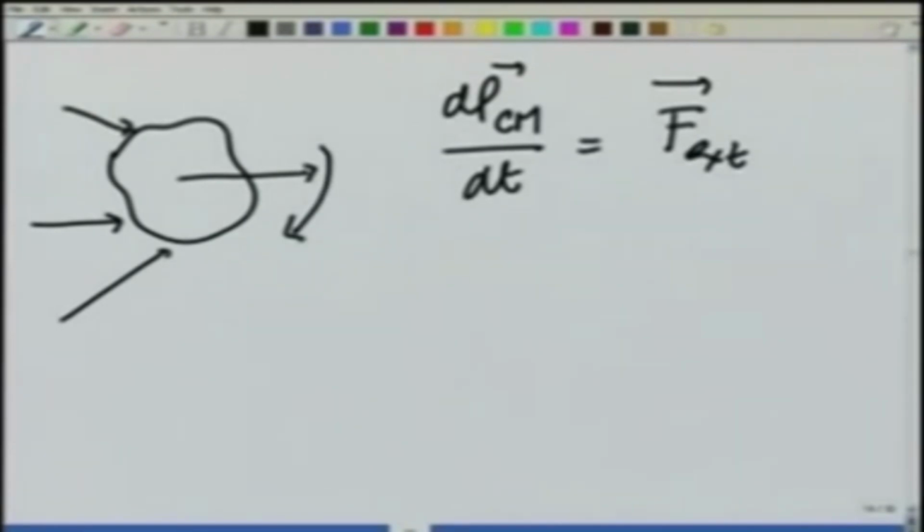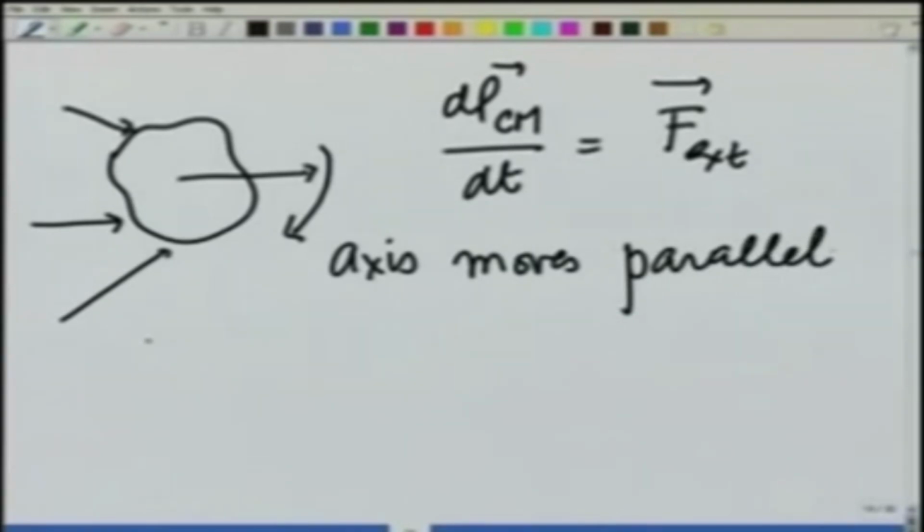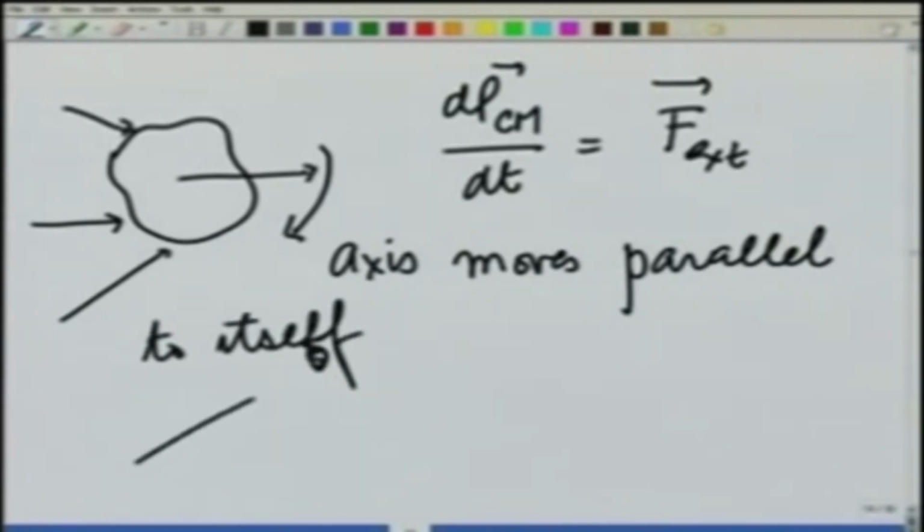For simplicity to start with, we will confine ourselves to motion where the axis moves only parallel to itself. For example, it could be a rod on a horizontal table being hit by a force here, then the axis would move parallel to itself, the axis would be perpendicular to the table,